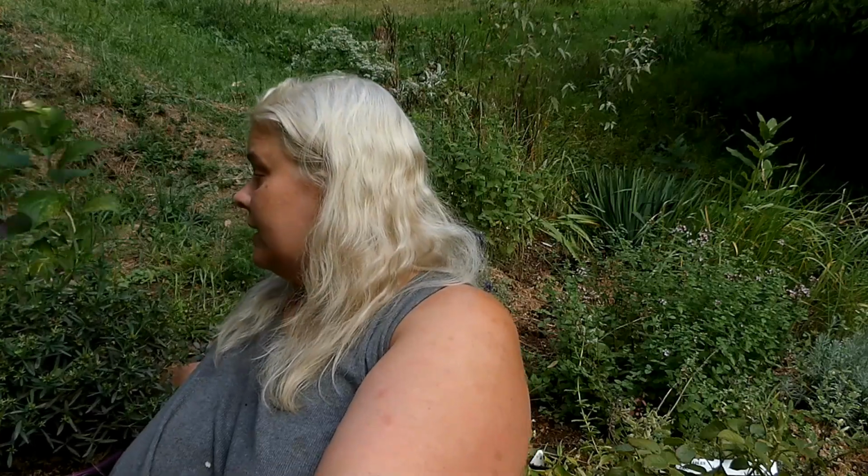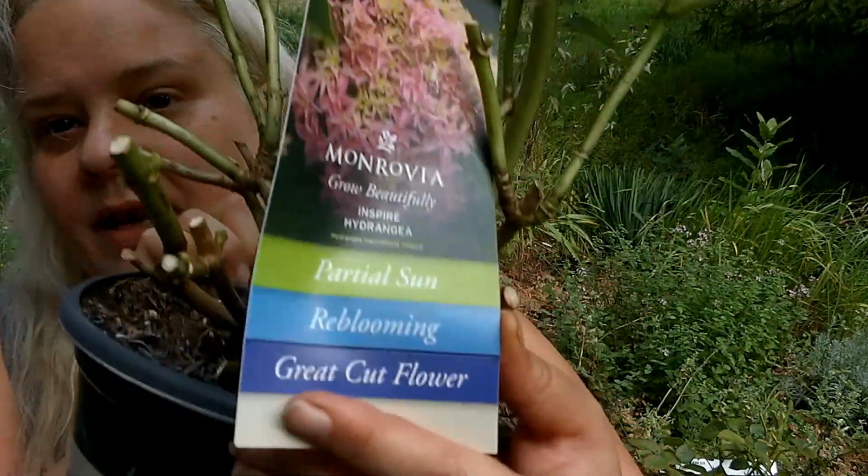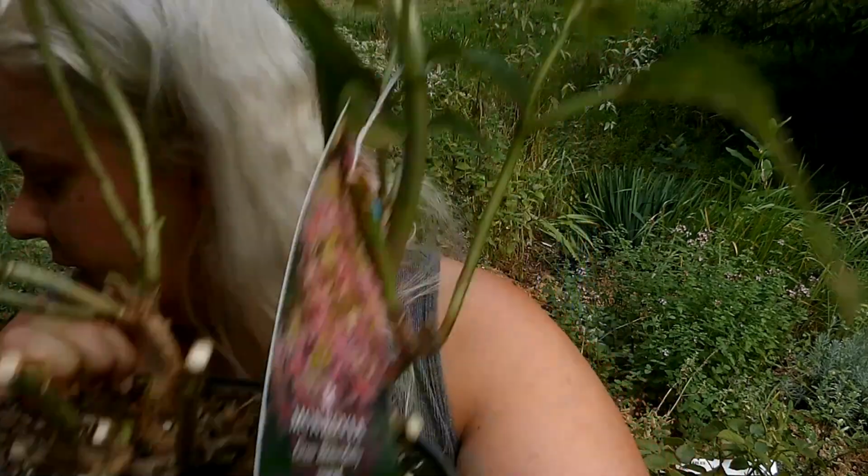Then the last thing I got on my Lowe's haul was this hydrangea, and it is called the Inspire Hydrangea, at least I think that's the name of it. It was originally, I don't know if you can see this tag, $44.98. According to my receipt, when it rings up, some of them are a generic SKU and some of them list the plant and then the price. Some of them you don't necessarily know which price goes with which plant because it's listed in a generic way. But that hydrangea, I can look at my receipt and tell the price because it says hydrangea. And I paid $11.25 for that